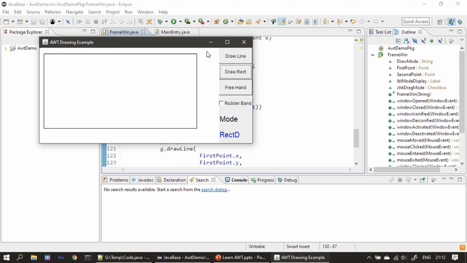Now we will perform drawing in a different way. Previously I pressed here, then I moved towards the bottom right from top left. Now I will use the bottom left as my first click, it means mouse press, then I will approach towards top right,